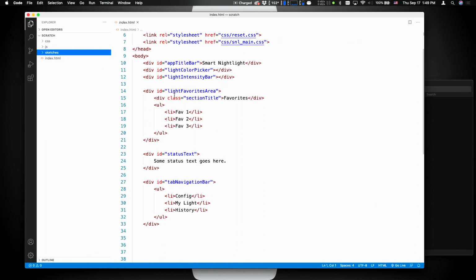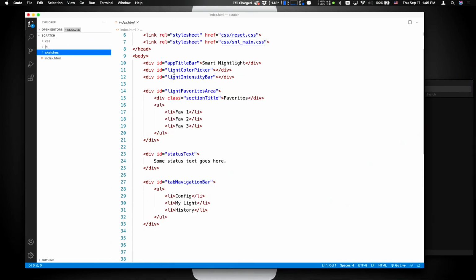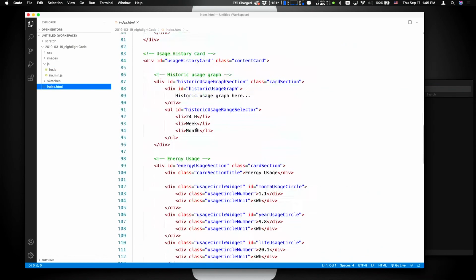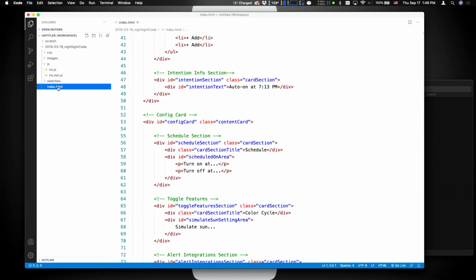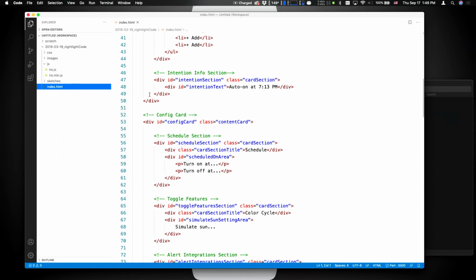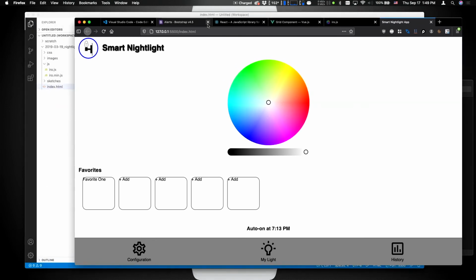And code here. One nice thing, let me just see if this folder is maybe more of what I'm looking for. Yes, okay, this has got some JavaScript in it. So this one's a little bit more code. This is where you can edit everything. But one of the cool things about one of the plugins, which is Live Server, is I can right-click on my HTML page, and I can click Open with Live Server. Okay, and so this is the app that I've written, and it's opened it up in the browser for me. It's created a local web server, which is very important for a lot of things,